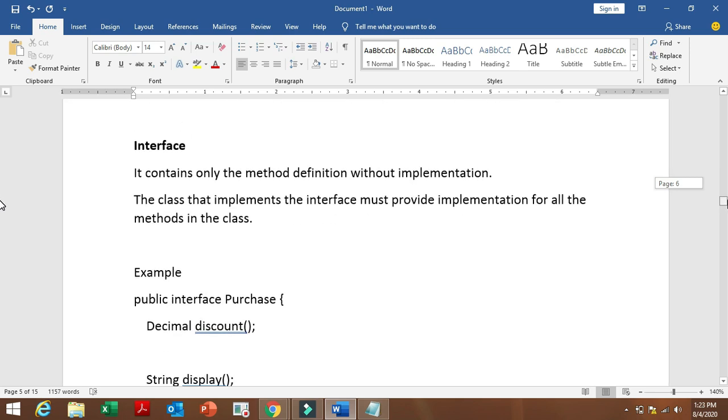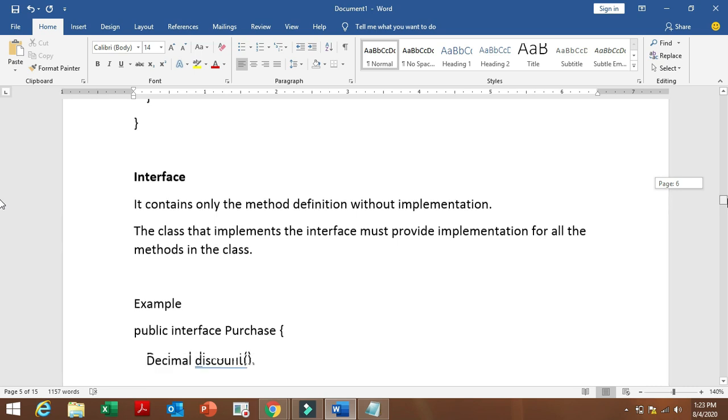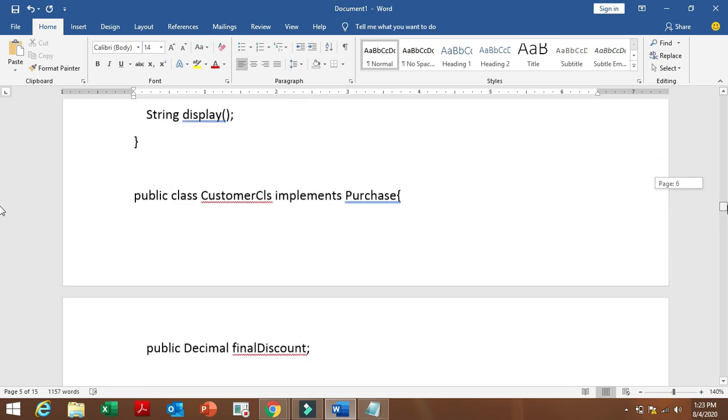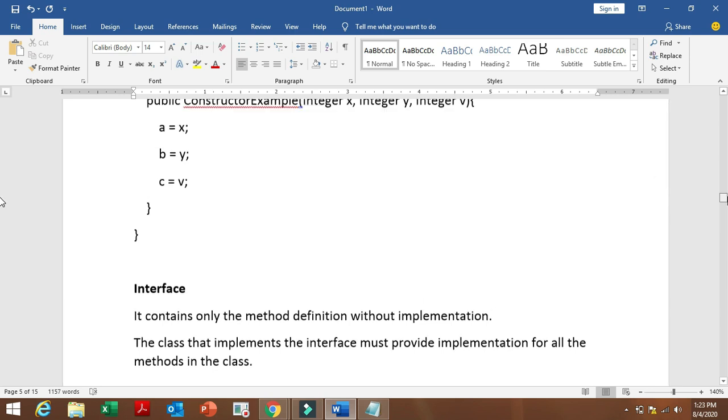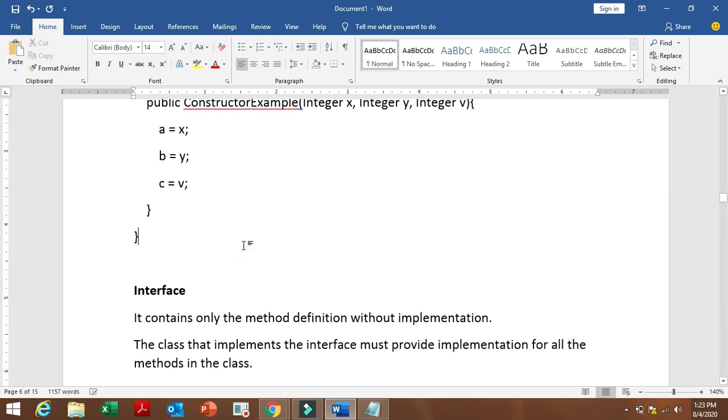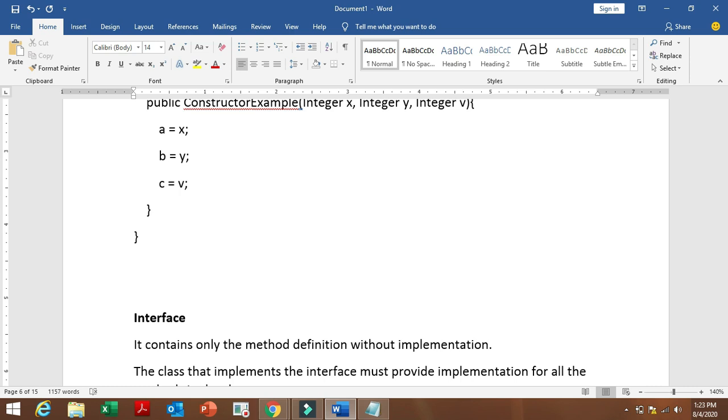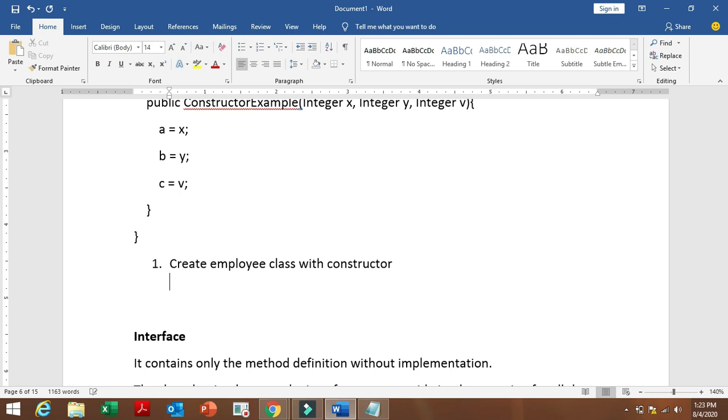So let's take some examples for constructors now. Let's see how we'll create this.